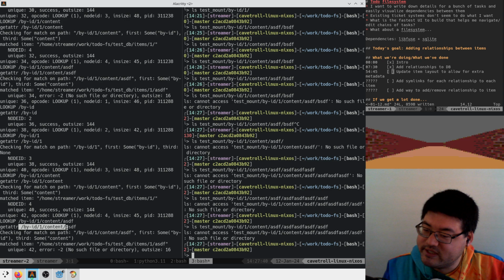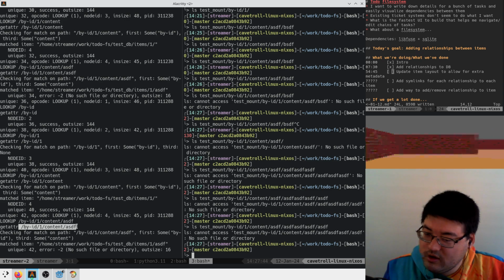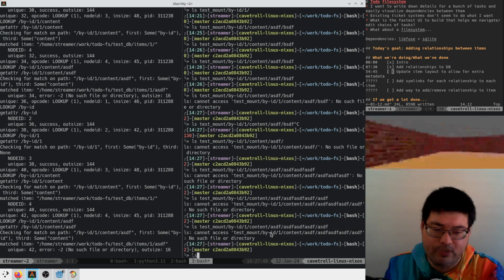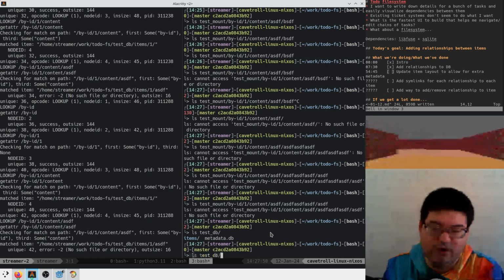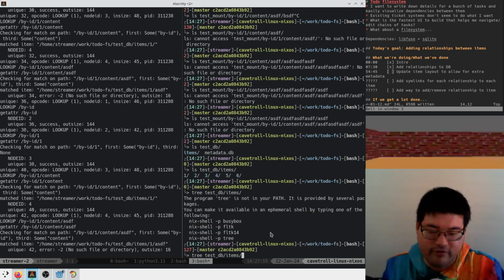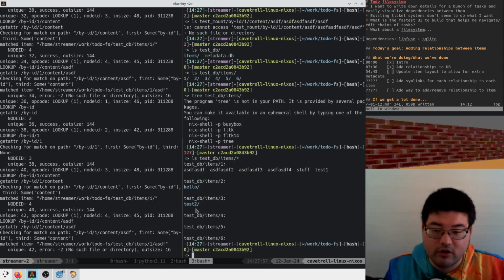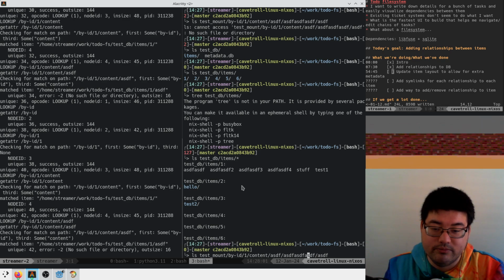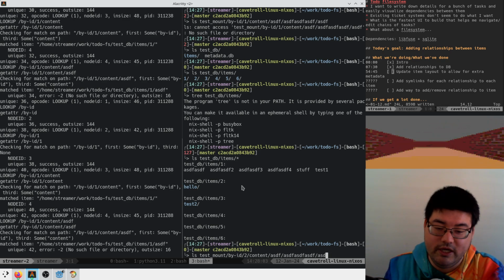Oh, because ls is maybe being a little tricky here. He's checking if the files exist. Okay, sure, so that's fine. We can look at testdb. I think we should have an item in here. Okay, ls star. One of these should have a subfolder. Items 2. So we should be able to try items 2 content